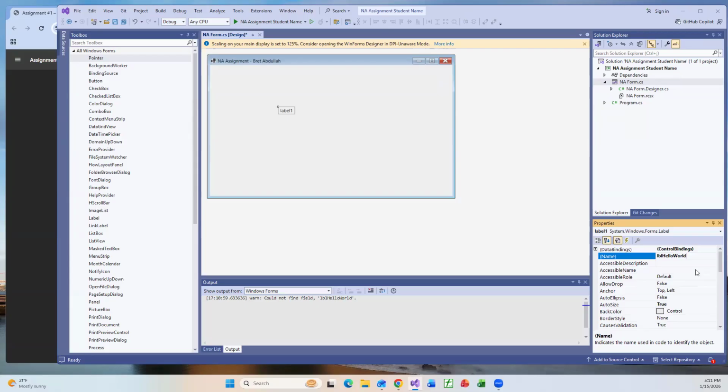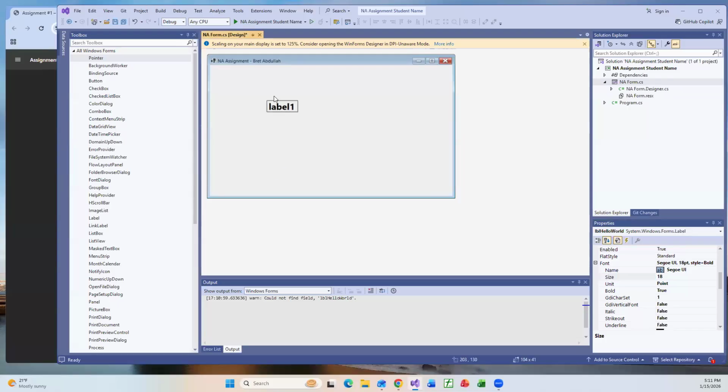Okay. Go down to font, expand font. We want to make it bold, so we'll say true. And we want to make the size 18. Okay. Now, what we can do instead of having to do that 3 different times, we can copy and paste